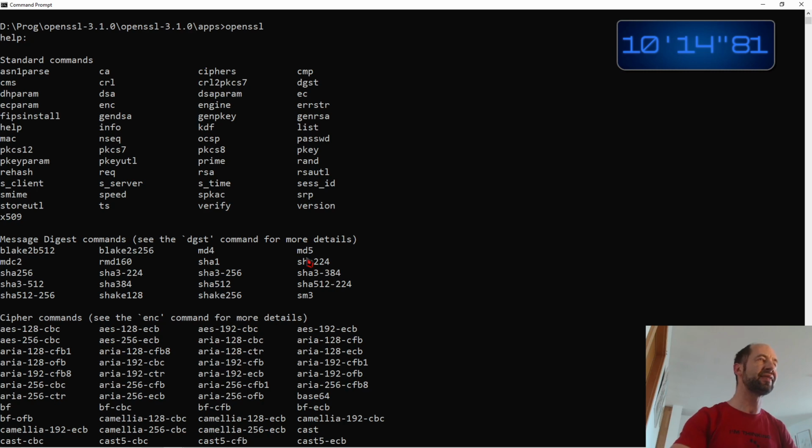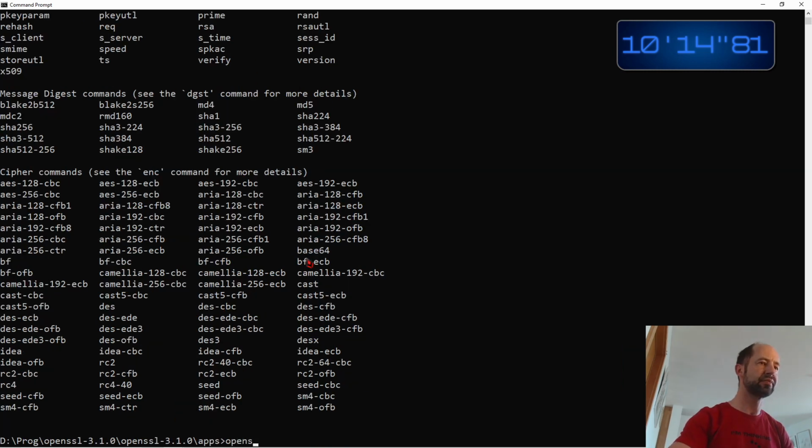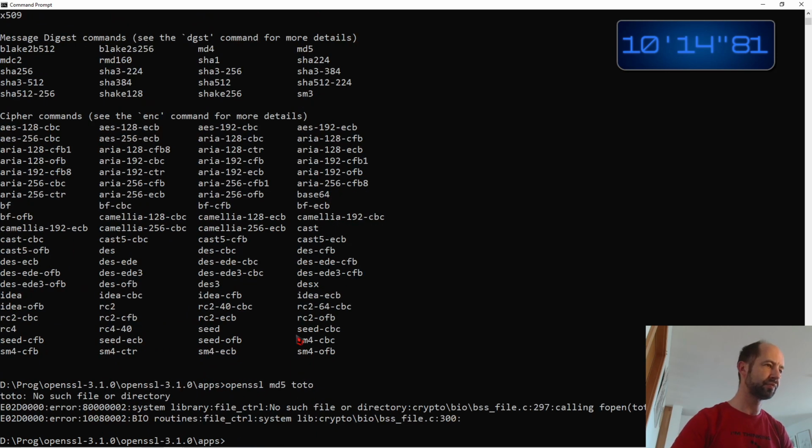MD5, for example, let's say openssl md5 toto. Okay, toto: no such file or directory. This means that it is expecting a file which is called toto.